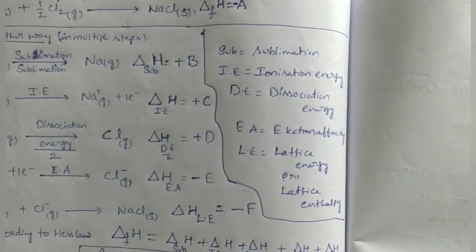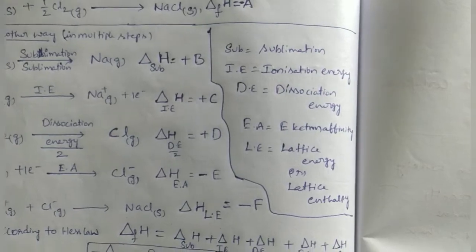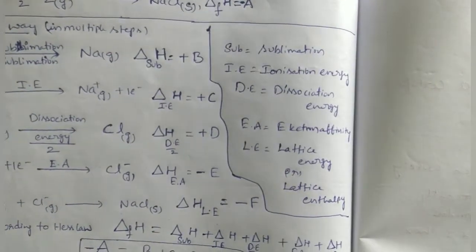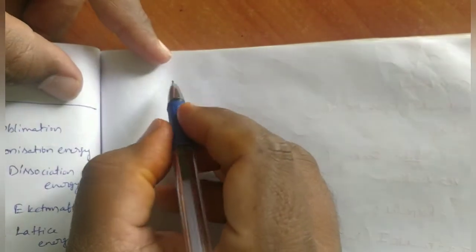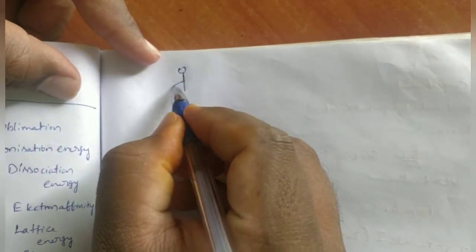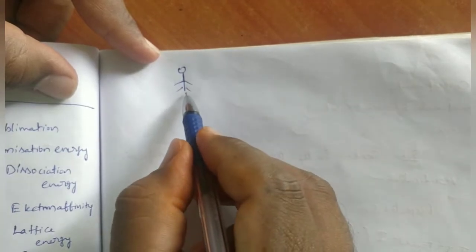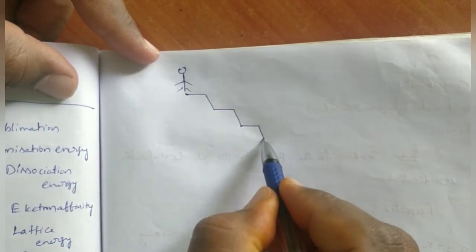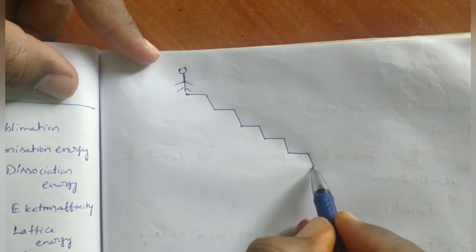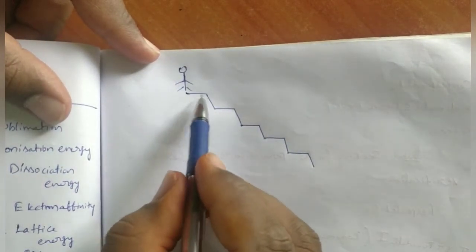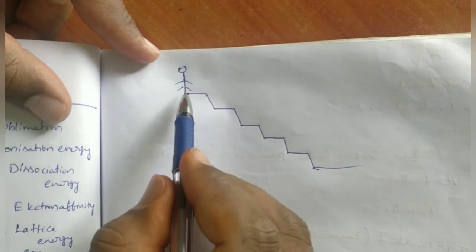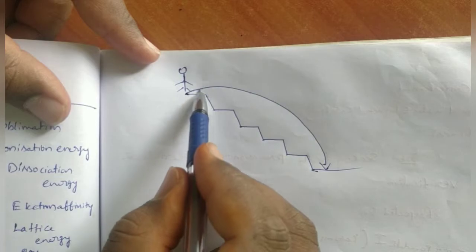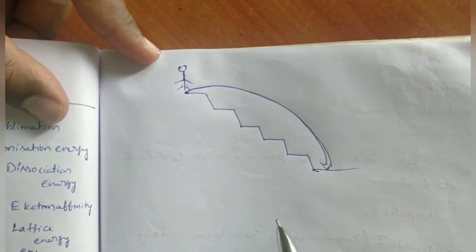Is it okay, ma? All of you? By this, Hess law is completed. It is nothing but, see, a boy has a building with 5 stairs. He can come to the ground floor directly by jumping in a single step. For that, how much amount of energy is involved?